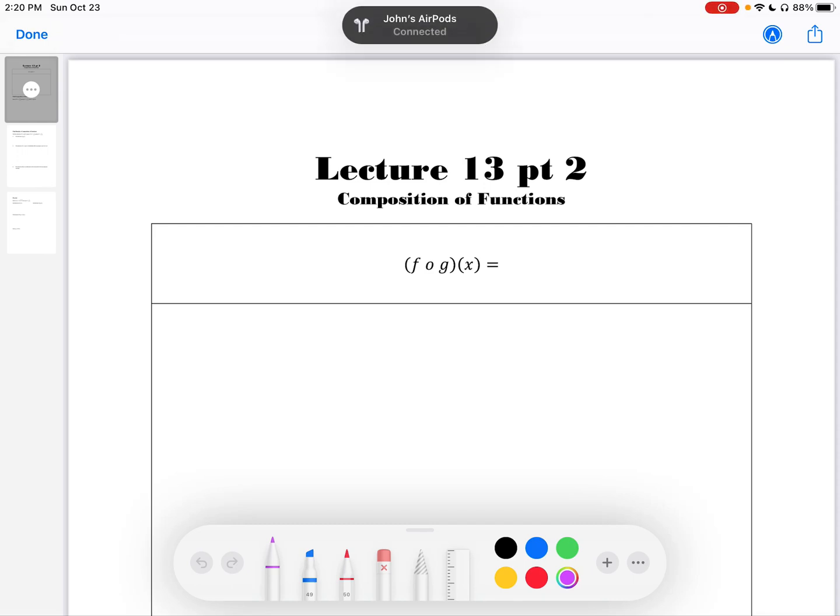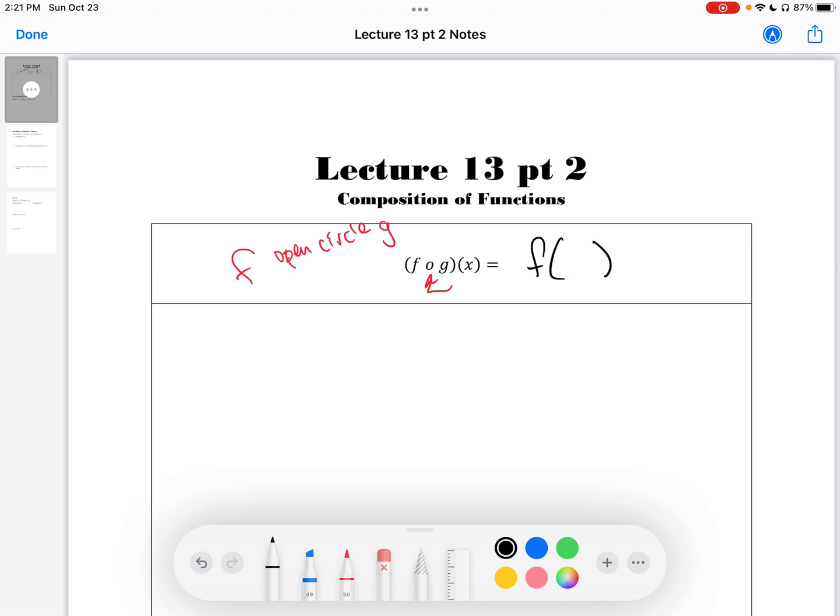Okay, well, lecture 13, part 2 is on composition of functions. We did go over this last year. This is your f open circle g function. And we talked about this open circle and what it means. f open circle g of x means f of g of x. Okay, so essentially what's happening here is that your g function